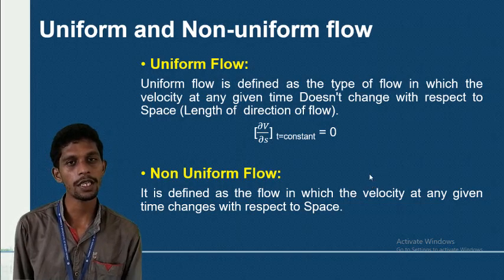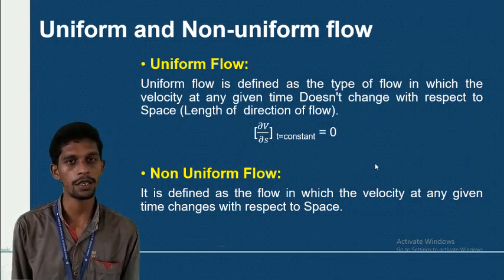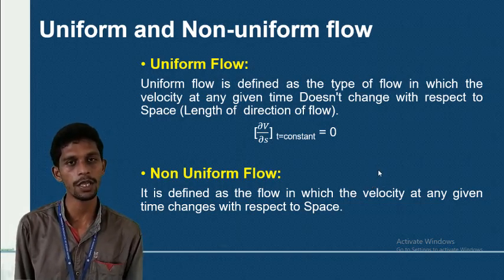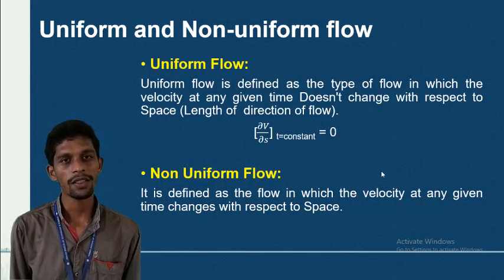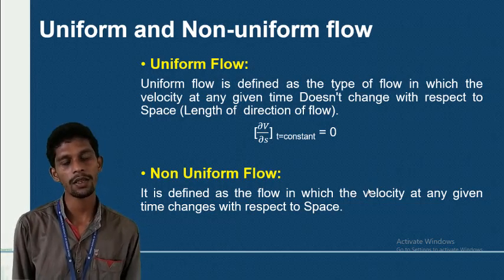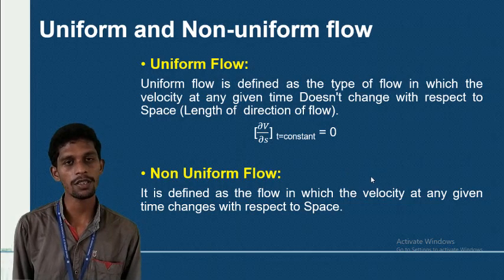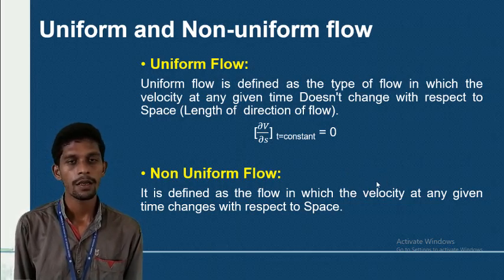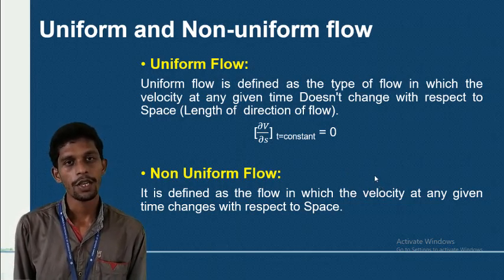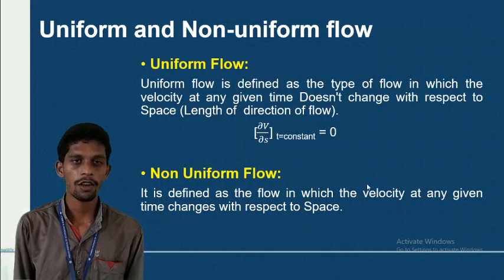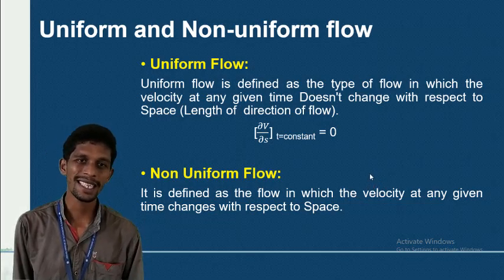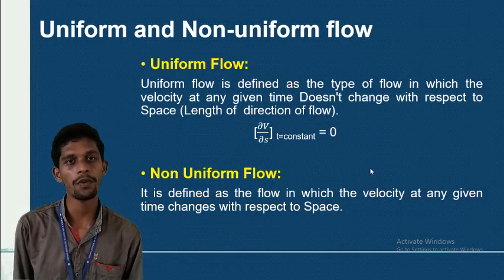See here, the velocity is not constant throughout the pipe section because the space of the pipe has changed. That means the length, width or depth of the cross section has changed, right? So according to the space coordinates, the velocity is not constant. This type of flow is called non-uniform flow,